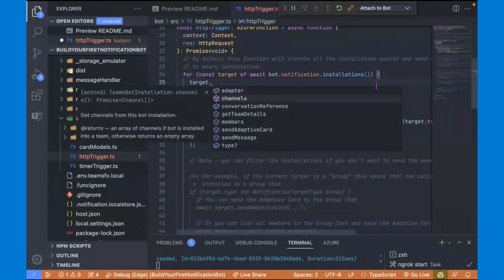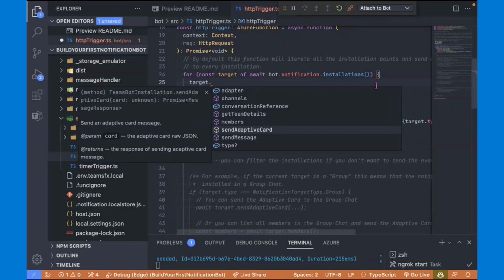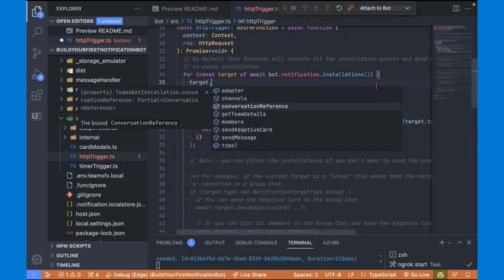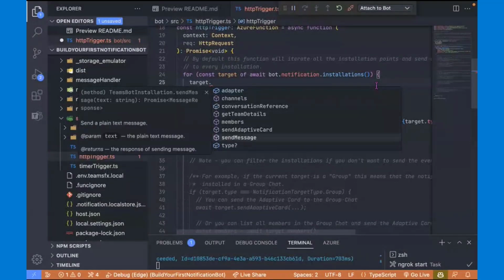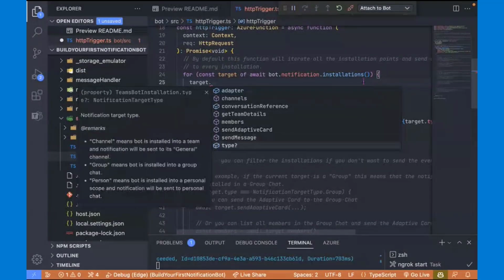We have some helper functions to get the channels in a particular team, get team details, the members for the chat or the team, helpers for sending an adaptive card or sending messages as well as text, and also accessing the conversation reference. Another way of accessing that underlying API that's provided by the Bot Framework.